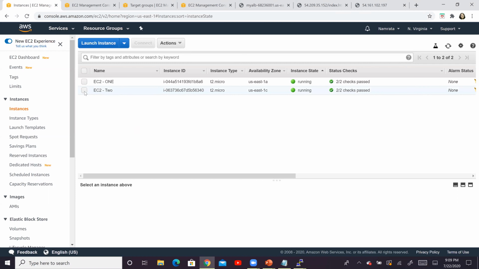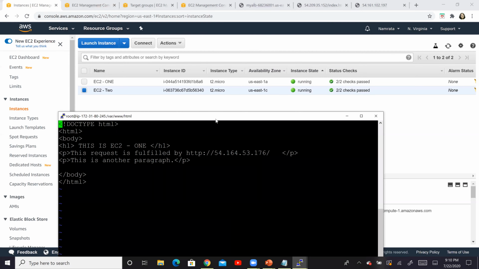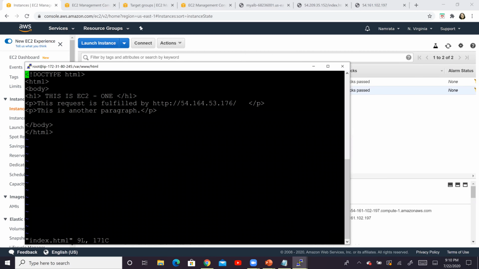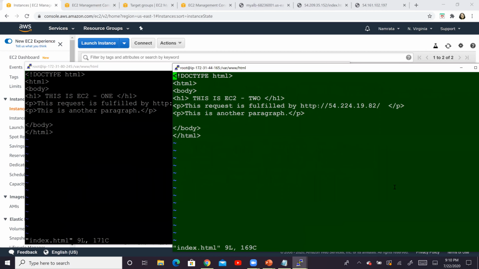The reason why these two have a public IP is because I had to connect to each of these EC2 instances and create an HTML file, because that was the easiest way for me to have two EC2 instances with an HTML file on them and have them load balanced on an ALB. In fact, I have connected to these two instances. This is one, and this is the second one. What you are seeing over here is my temporary HTML file, called index.html. Similarly, I have the file on EC2 2 as well.